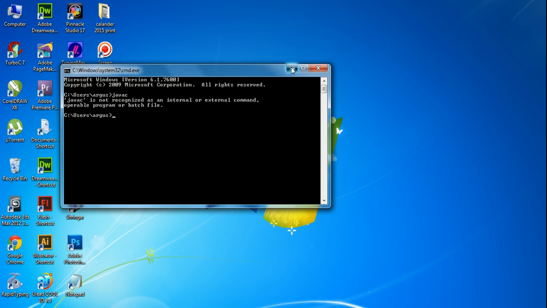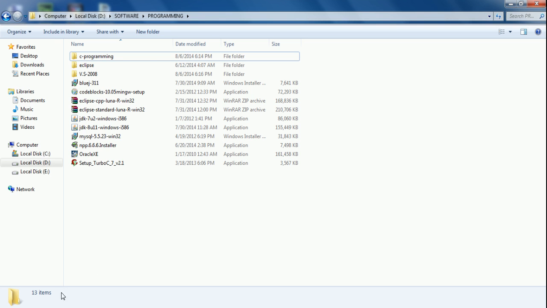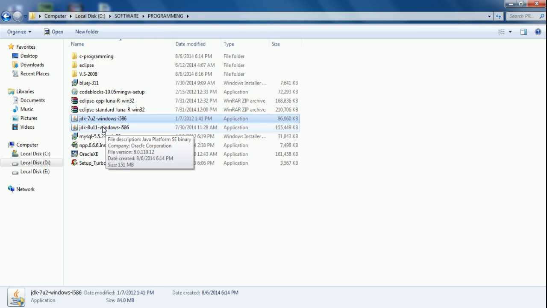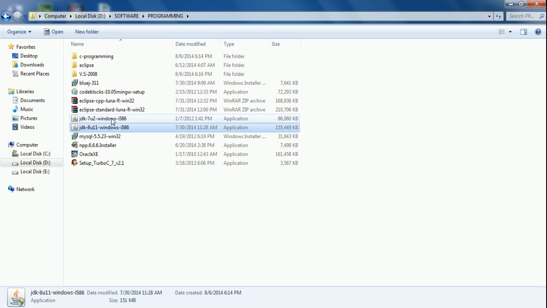So here we go. We have JDK 7 and JDK 8. Whatever version you are using, it's better to use a JDK higher than JDK 6. Here we will install JDK 7. It will take less time, so press yes. JDK 8 is also here.